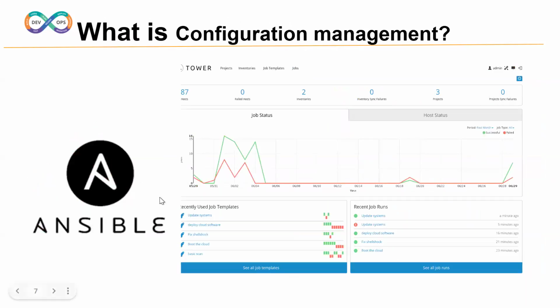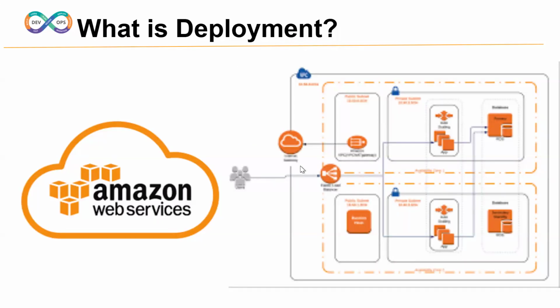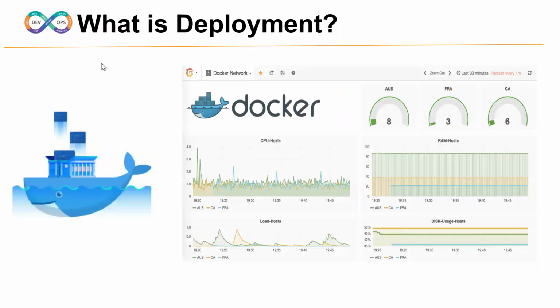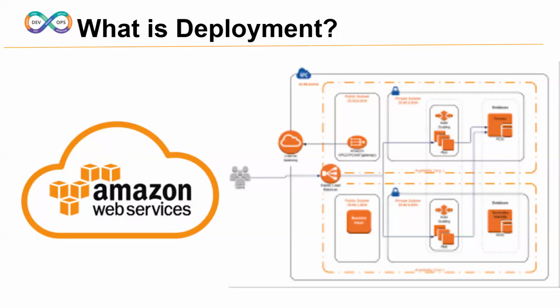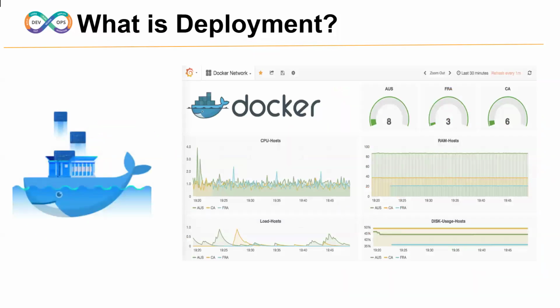By helping of Ansible, automatically placing, what is deployment? I'll repeat. Placing our websites on hundreds of servers we call deployment. We have discussed this in the beginning also. So by using Ansible, we can deploy our applications or websites on hundreds of AWS servers. Not only on AWS servers, we can place them on Docker containers also.